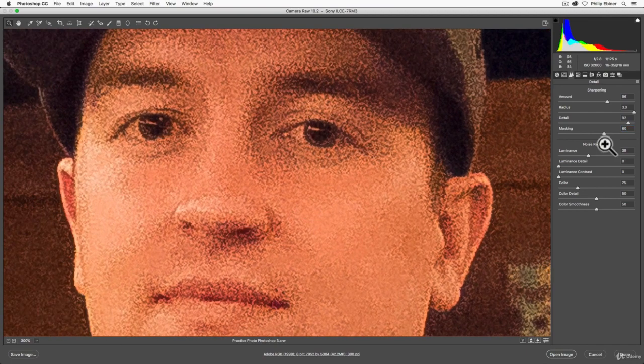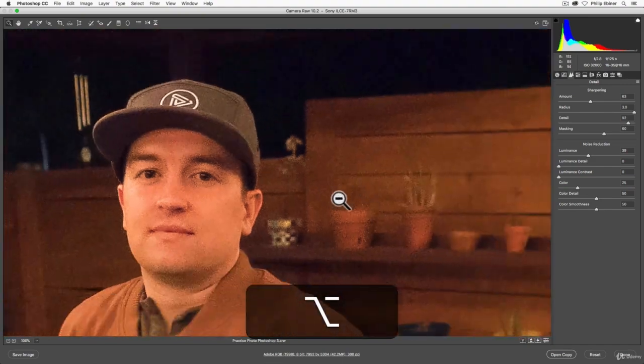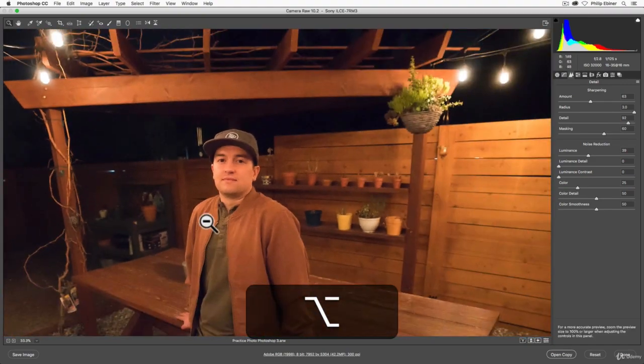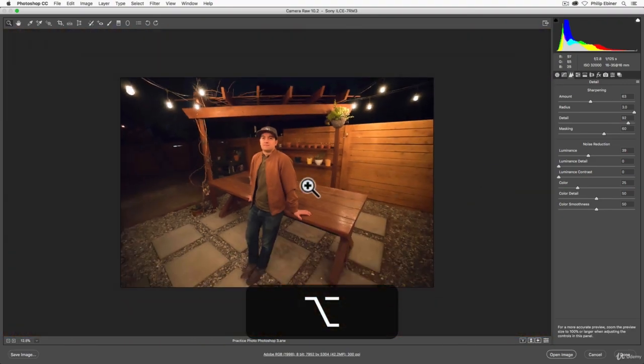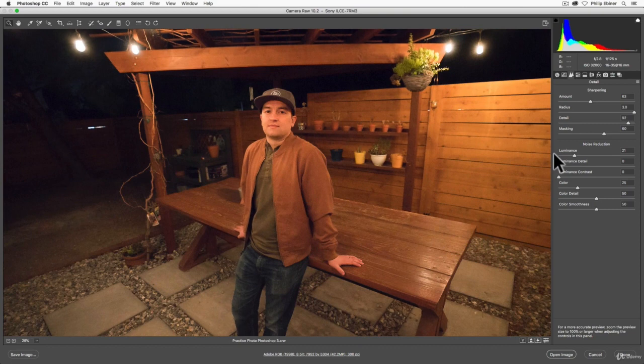So this is a lot of sharpening that has been added. It's kind of to the extreme, but if you zoom out all the way, I mean, we're really zoomed in, you might be able to live with this. But if I'm doing this, I might want to decrease my noise reduction a little bit, something like that, and we're looking pretty darn good.